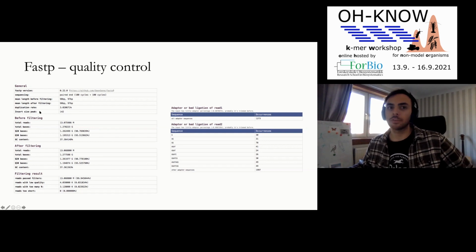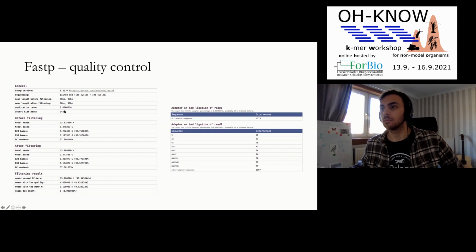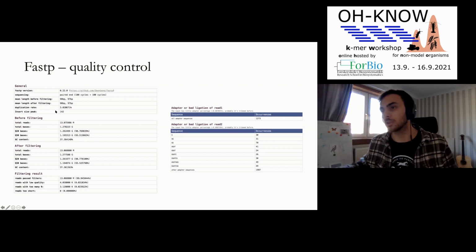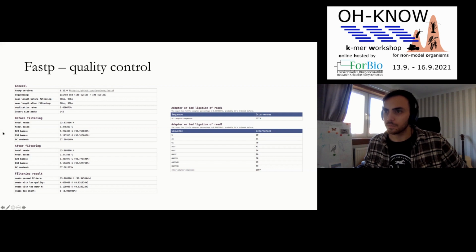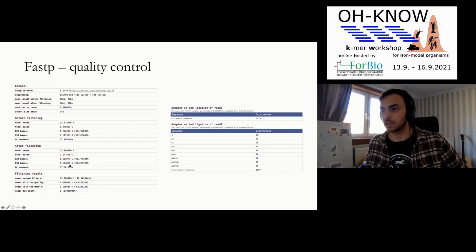Fastp will give you this general overview of your sequence information, things like mean read length. It will give you the insert size peak, so the mean distance between your reads in your paired-end library. It will tell you the kind of sequencing that you did, in case you've forgotten at this point. And it will give you some overview of what the quality of these bases looks like, and it will even tell you how much it improved it.